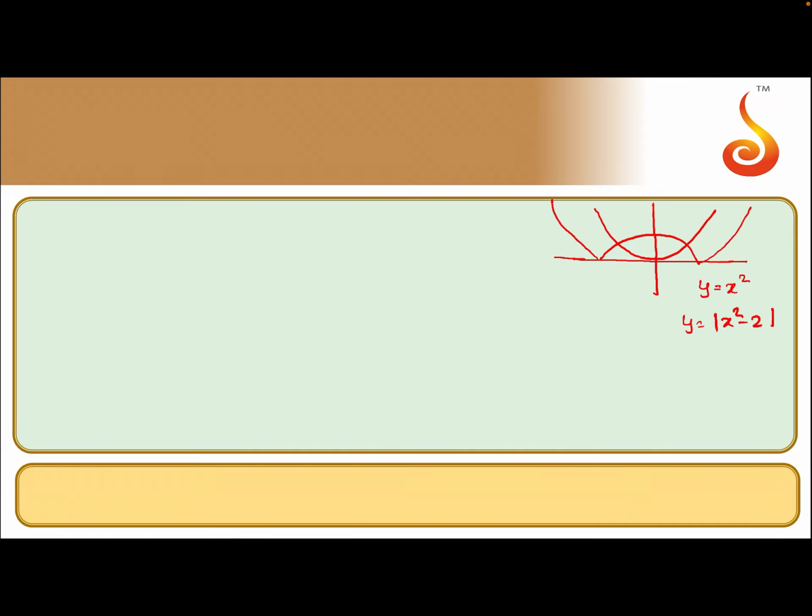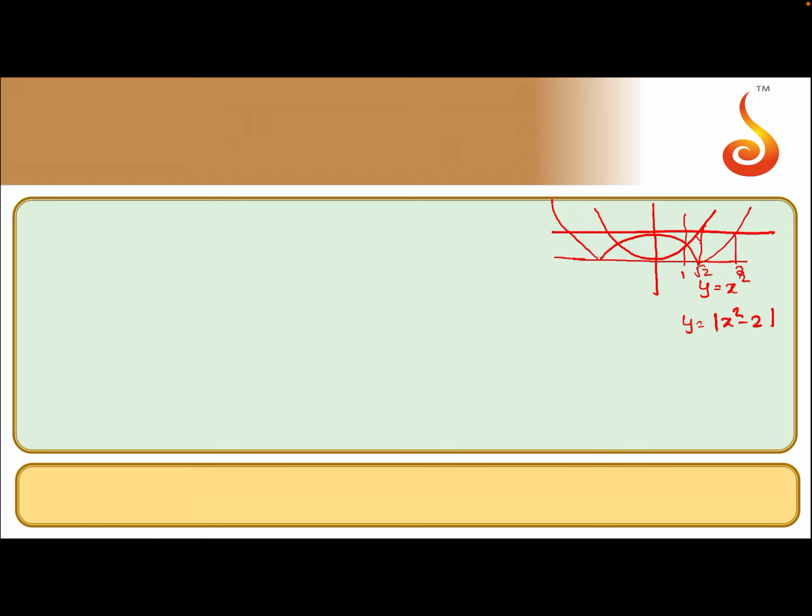There's a graph. And this point of intersection is 1, and this is root 2. And this point will give you y is equal to 2. So this is 1 and this is root 2, and this point is equal to 2. So what we require is the y is equal to 1 line.